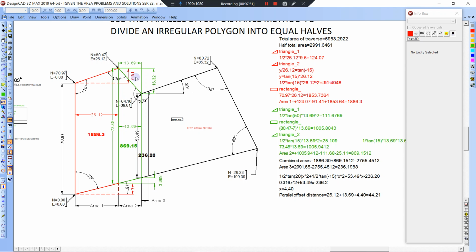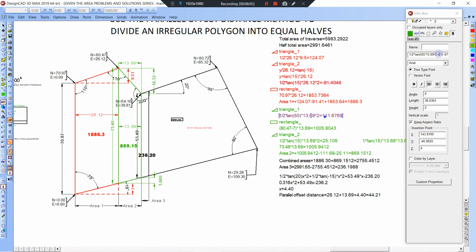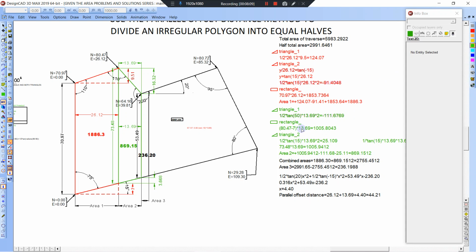Right, this rectangle here, this is coming off of it, and this is getting subtracted off of it too. So both of those are negative. 1369, 1632, and that ends up being 111. And let's put a negative on there. And then this one, the rectangle,